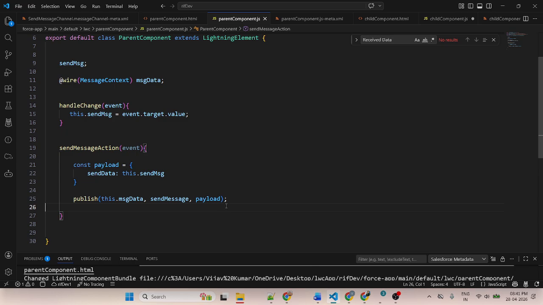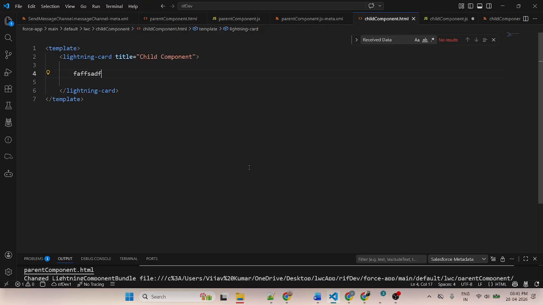Now let me go to the child component. This is the child component. Here first I will apply a div with class SLDS-p-around_medium.